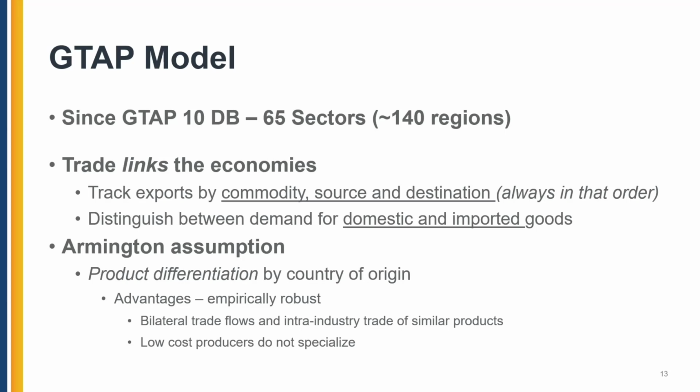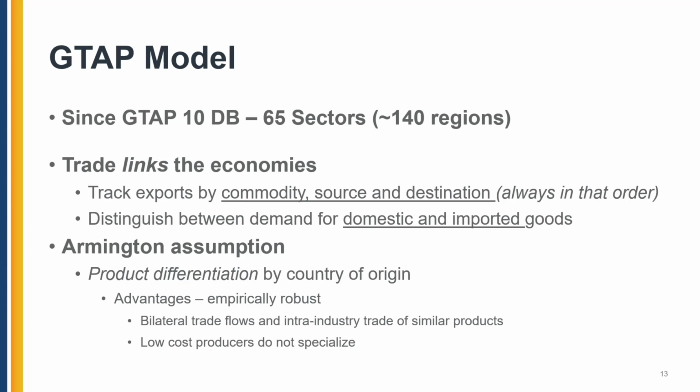that base data. So one of the other things you can do, if you don't want to only do GTAP models, you can get the full bilateral trade database looking at all those regions, track commodity source and destination, just like we would if we were looking at an equation in a GTAP solution or simulation. We will distinguish between domestic and imported goods, so there is some substitution that goes on. So we don't just have trade flows linking these, we have a behavioral assumption, and that assumption is going to